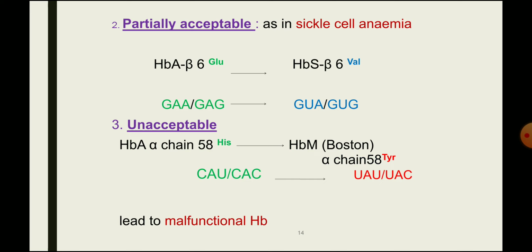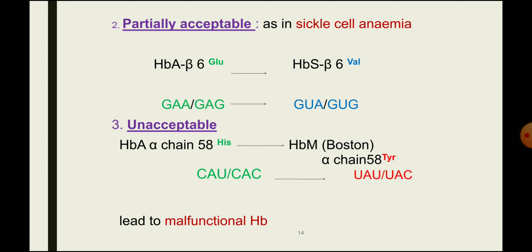The codons GAA or GAG, which code for glutamic acid, may be converted to GUA or GUG, which code for valine. So here the second base in the codon is changing from a purine to a pyrimidine. The A is mutated to U. So GAA is converted to GUA. Similarly, GAG is converted to GUG. So the type of mutation occurring is a point mutation, substitution by transversion. That is the molecular defect occurring in sickle cell anemia that you have to mention specifically.